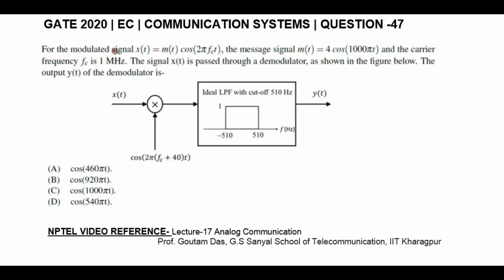For the modulated signal x(t) = m(t) cos 2πfct, the message signal m(t) is 4 cos 1000πt and the carrier frequency fc is 1 MHz. The signal x(t) is passed through a demodulator as shown in the figure below. The output y(t) of the demodulator is, for this question, we have been given 4 options out of which one